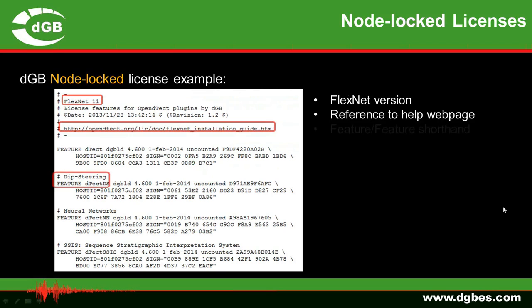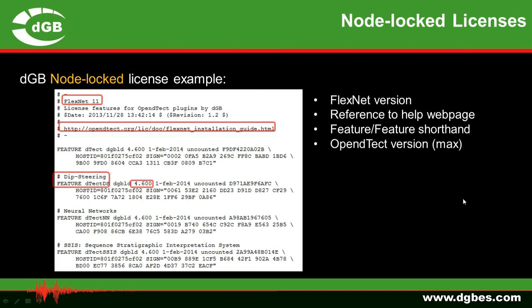We have a feature and the shorthand for that feature. The feature here is the dip steering plugin, and the shorthand here is the Detect DS. We have a maximum version number for which the license can be used. We have an expiry date. We have a count. In this case it's uncounted, and this is for this reason, because we have a host